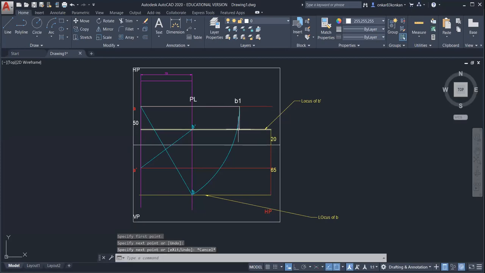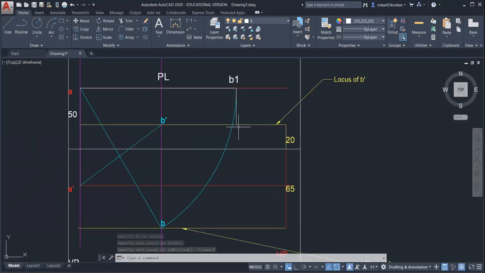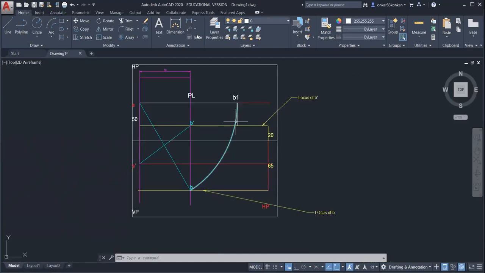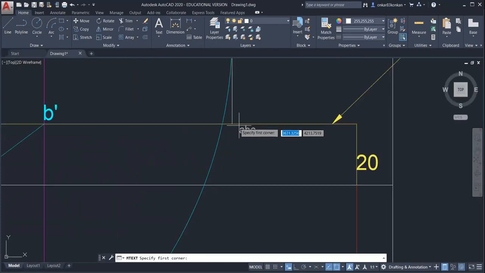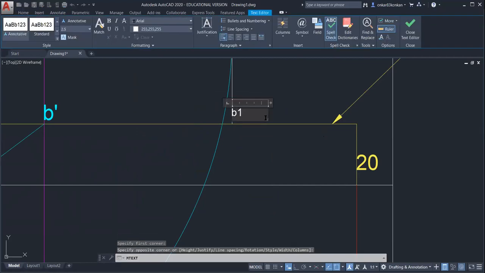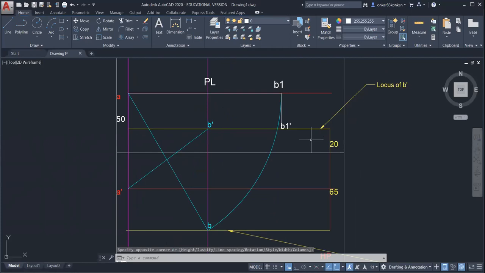So this intersection, it is nothing but the B1 dash point. Okay.